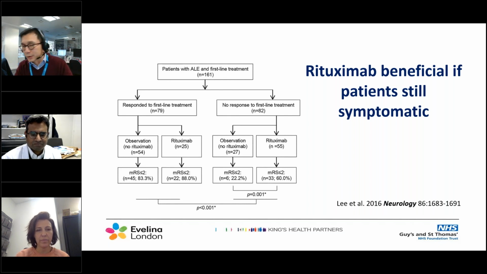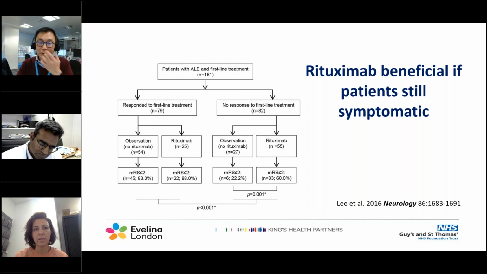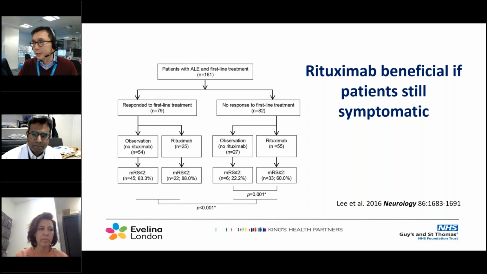How do you define symptomatic? It is quite subjective, of course, but at least from a personal level, if I were to have a patient with autoimmune encephalitis, be it antibody positive or antibody negative, if they had not had an mRS improvement of more than 2 points within 4 weeks, and that is actually in the treatment recommendations for NMDAR, if they've not achieved that, it would be considered inadequate improvement,